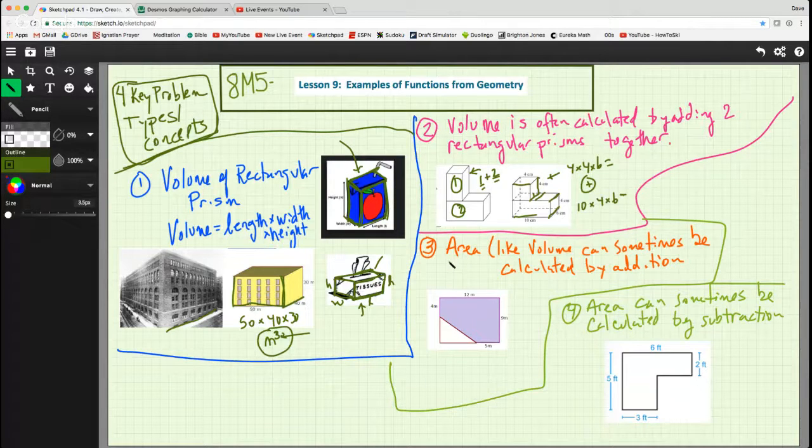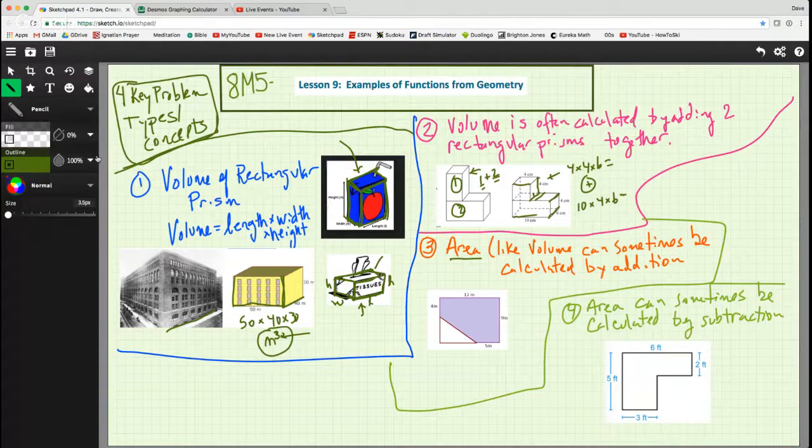We go back and we're going to do area. So area is just 2 dimensions, right? It's not a 3-dimensional object. This is just a 2-dimensional object, like a tabletop or the amount of paint you'd paint on the wall. And here, we're not going to talk about just straight area formulas because you learned those in 6th and 7th grade. But we're going to talk about how area, kind of like volume, we can calculate